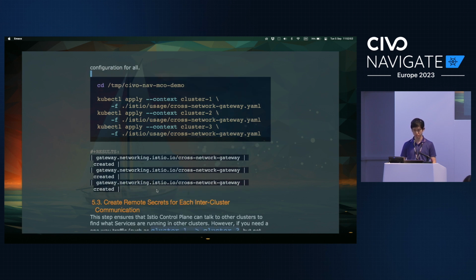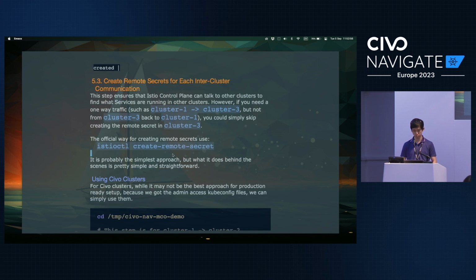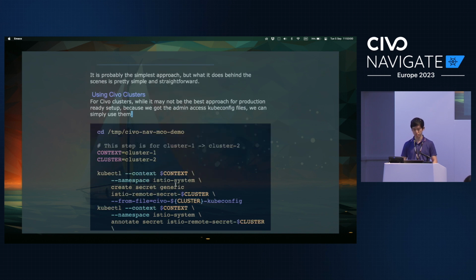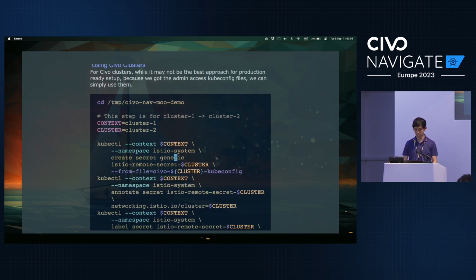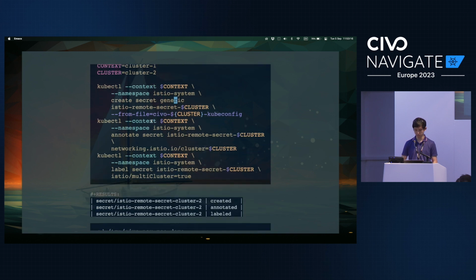Based on that, we're now going to go into establishing the connection between clusters. Cluster 1 needs to connect to cluster 2, and vice versa. Cluster 2 needs to connect to cluster 1. If you don't want to do that, you can just have a single connection with cluster 1 connecting to cluster 2. But what I'm going to do is go with the kubectl command with some secret setup so that cluster 1 would then know about cluster 2.